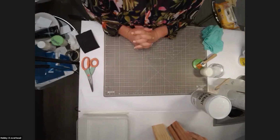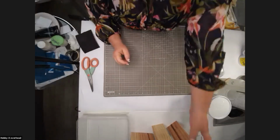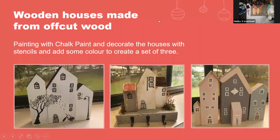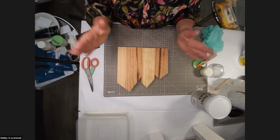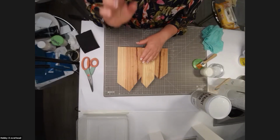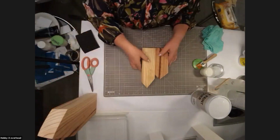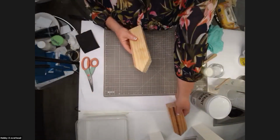Right. Second project is offcut wood. I've got a man in my life that cuts all this wood, and he's a very handy husband to have. So there you are. We are doing houses, offcut wood, paint, and a little bit of stencils, and you will not believe how quickly and how easily it is to make these presents. I'm just going to paint one of these, and